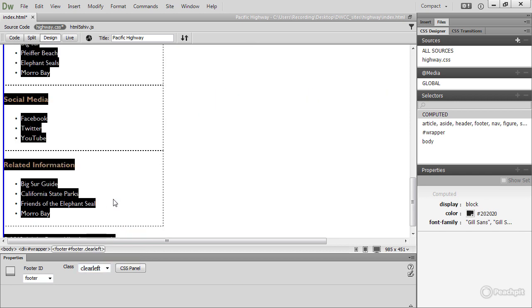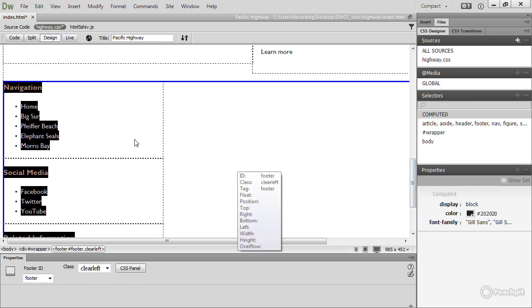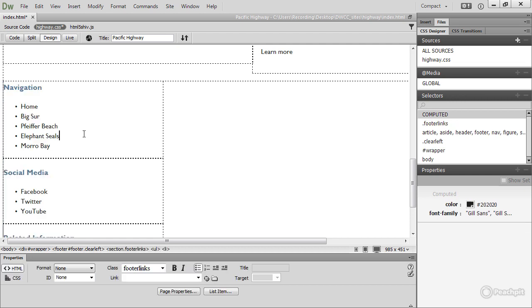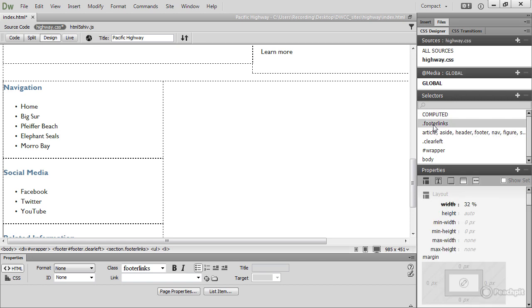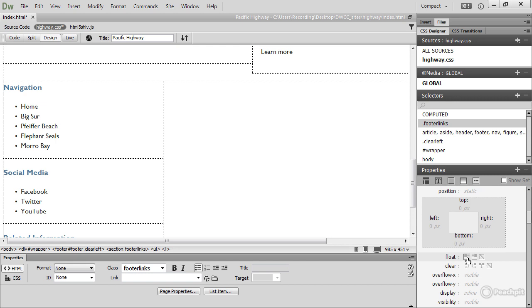And that will ensure there's no problem if you make any changes to the items inside the teaser articles. So all we need to do now is to make the footer links, those sections, float left. So click inside there, select footer links in the selectors pane, and then we go down to float